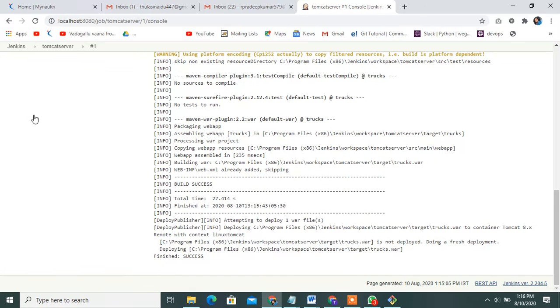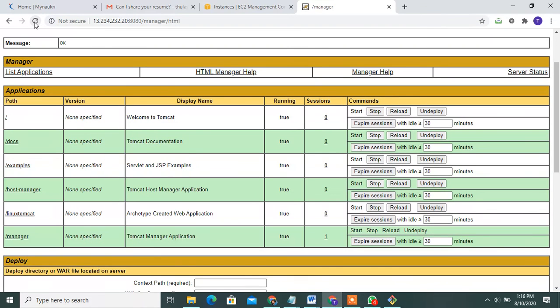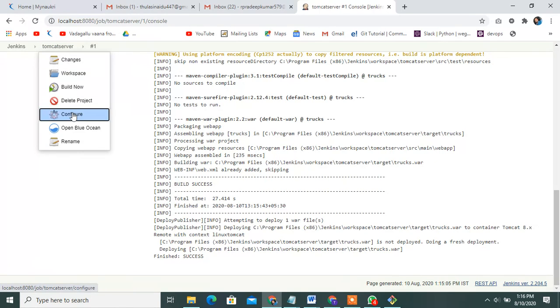Okay guys, see, the build is successful. Check my Tomcat server. Go to my Tomcat server, refresh it. See, Linux Tomcat, this name is there. Go to the URL and the configuration section.